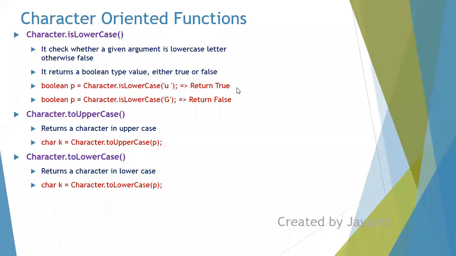It will convert a character in uppercase to lowercase. Not any character normally, it will convert a letter only. It is only applicable for a letter, meaning alphabet. So it will convert an uppercase character to lowercase and store it in a character only. So these are character oriented functions. Very self-explanatory.